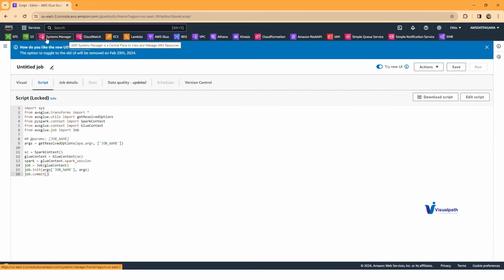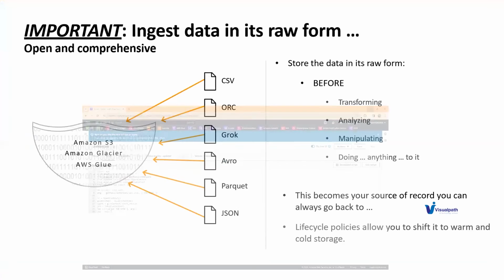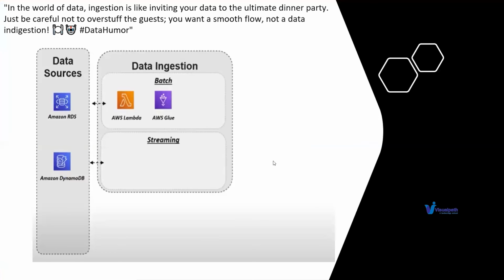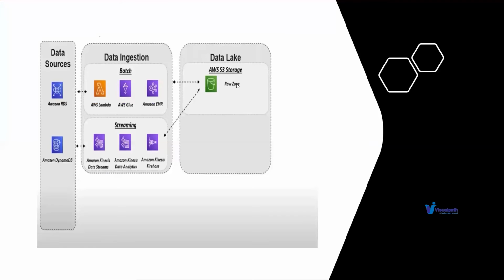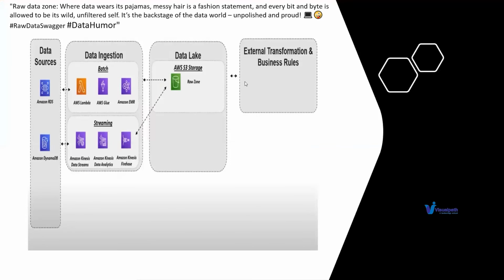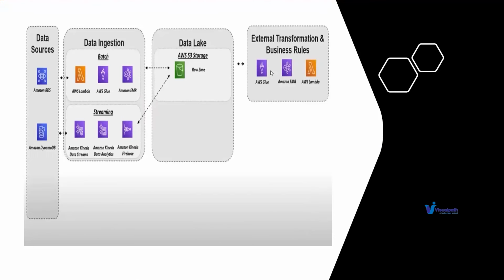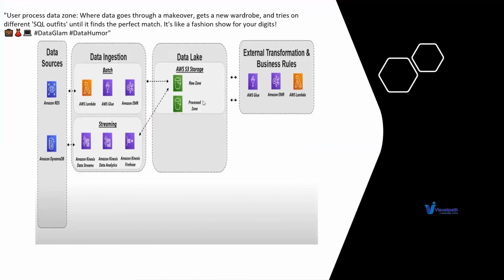Sir, in this process, I think when we are doing the ETL process in Glue, it should take the raw data from that S3 lake, right? You remember what I told you here? Yeah, that's what I said again. In the data lake, you have the raw zone, and within this raw zone, you have your external business transformations. You use Glue for the purpose of loading the data into the process zone. This is the place where you use Glue as well.